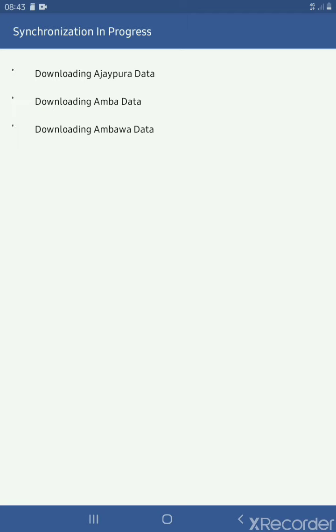And I'm clicking on continue. As soon as I click on continue, the process of synchronization starts. In this process, all the historic data on the server gets downloaded in the mobile application. This may take a while, and please make sure that till this point we have good internet connectivity, because all this process requires online internet connectivity.